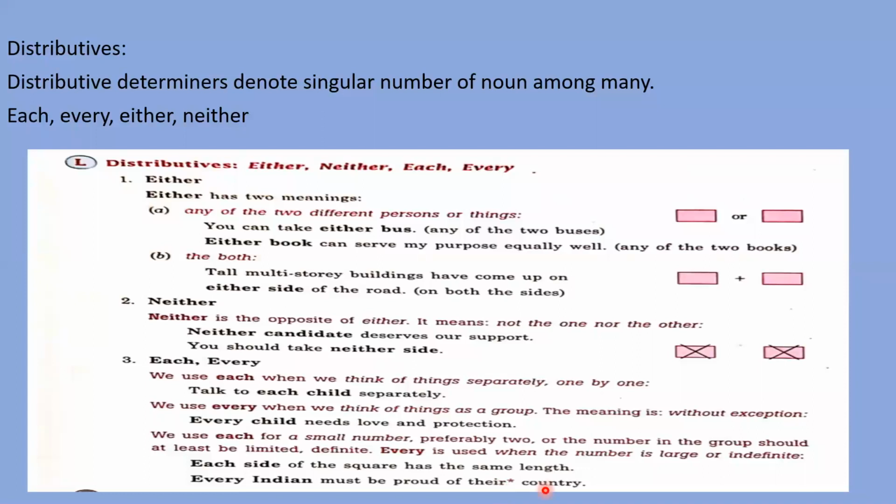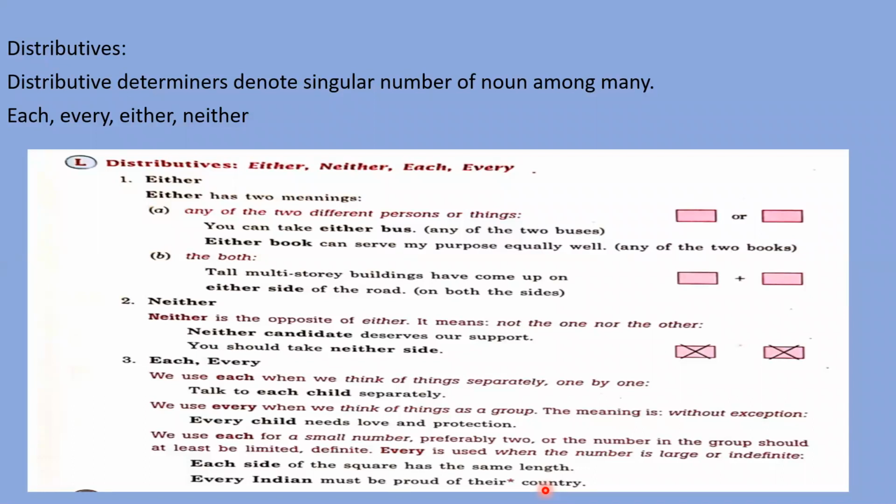So I told you all these things in short. When you have two options and you want to say one out of these two options, you need to use either, right? When you have two options and you want to say not the first, not the second option, then you can use neither. And the word either you can use for the meaning of both, right? So when you have two options and you want to talk about both options, you can use the word either also. Some examples will help us understand this point.